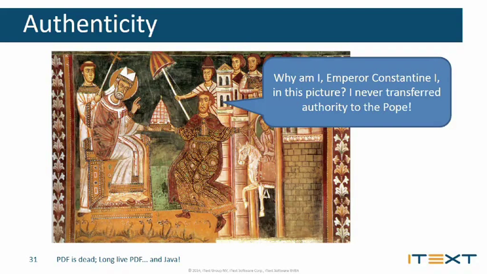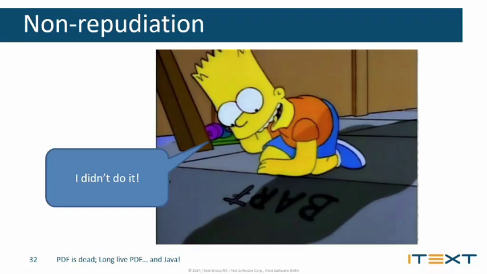Second thing we want to achieve is authenticity. If we receive a document from somebody, we want to make sure that this person is actually the person who wrote this document, who made this document. Then we see here Bart Simpson. He has carved his name into fresh concrete. And we all know Bart, when he does something mischievous, he always says, I didn't do it. But here you see the shadow of Marge's hair. So Marge was looking over his shoulder, and he can't say I didn't do it because there was a witness.